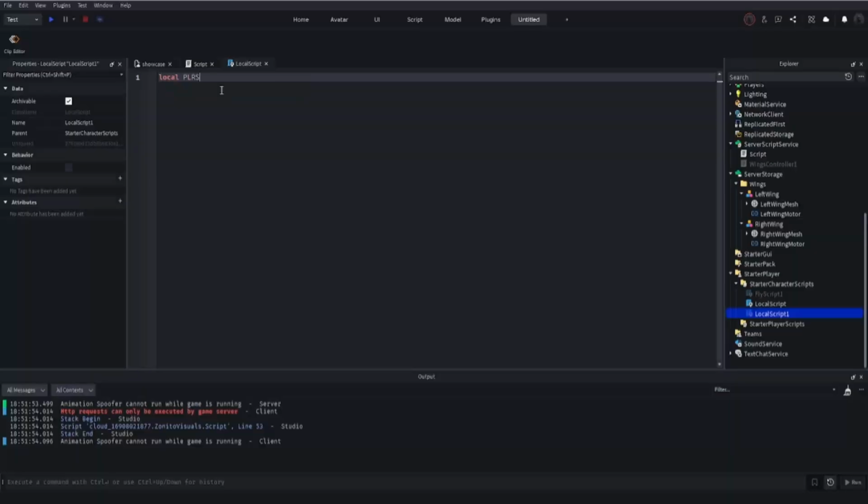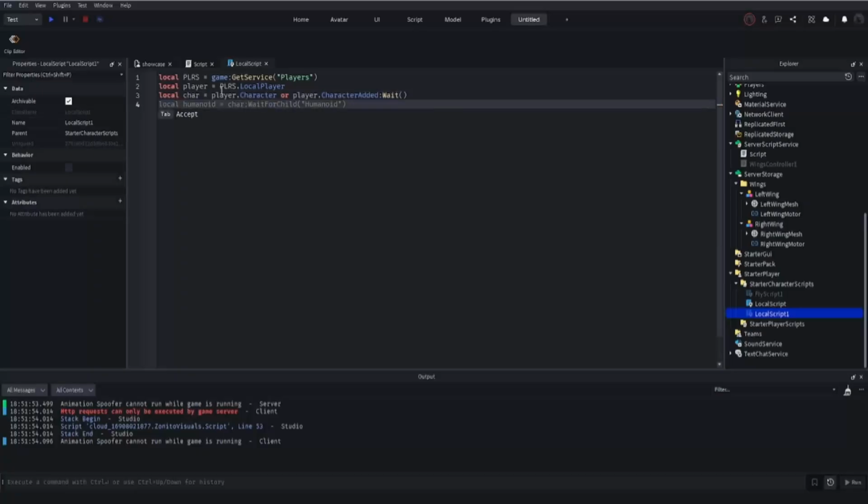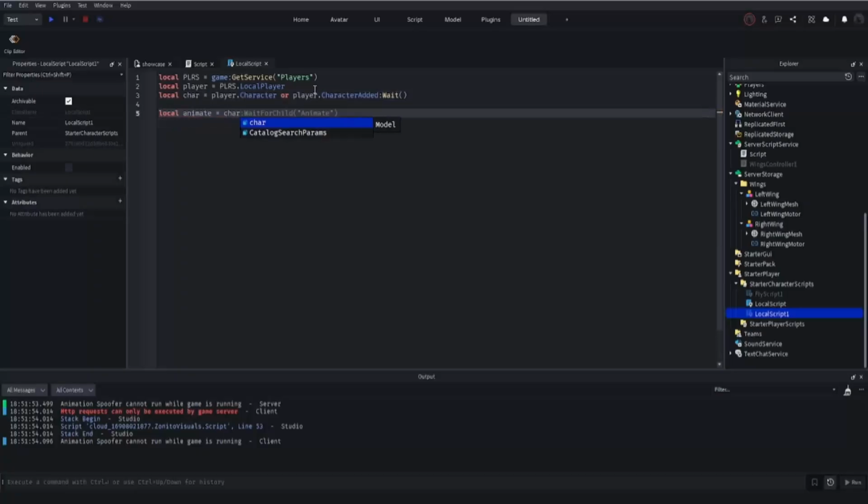First you're gonna reference the players, then you're gonna reference the local player itself, so the client. Then you're gonna reference the character because the animate script is inside of the character, and you're gonna reference the animate local script. Now all you gotta do is replace the default animations with your custom animations. How it goes is that you start by typing animate.idle, so that's how the animations are called, .animation1.animation ID equal and